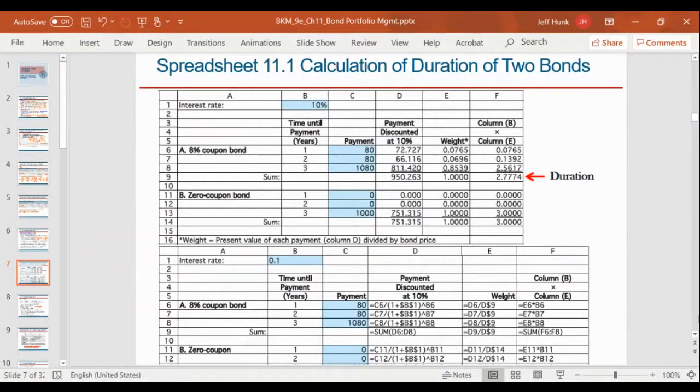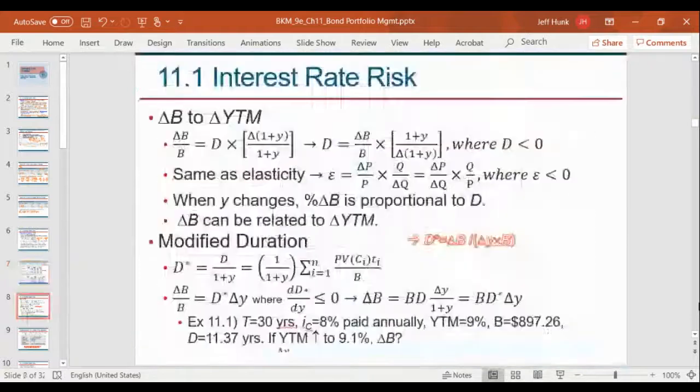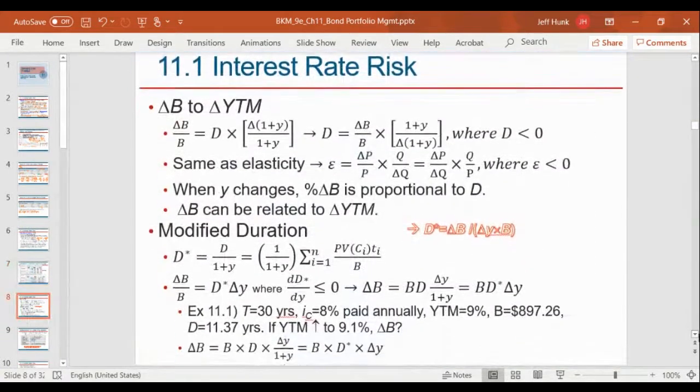In our last lecture, we used an Excel model to calculate the duration for an 8% coupon bond and a zero coupon bond. We verified and confirmed this result, and also confirmed that the zero coupon bond's duration is the same thing as its maturity. So going further,